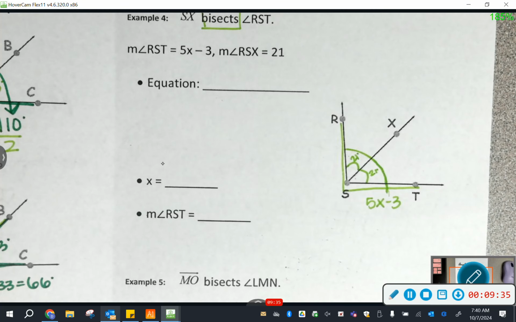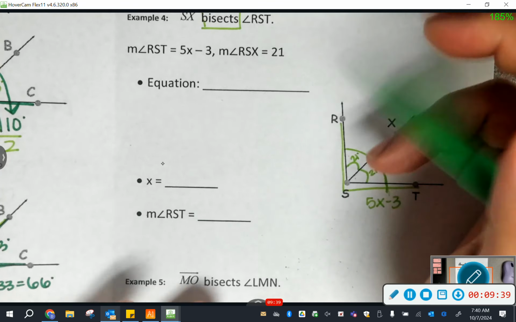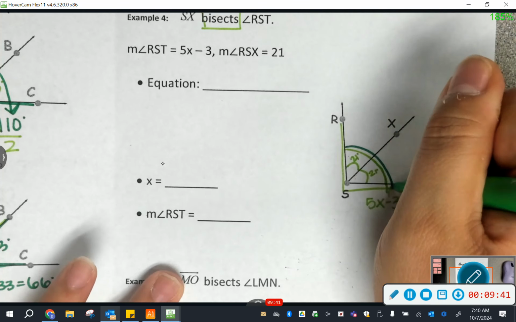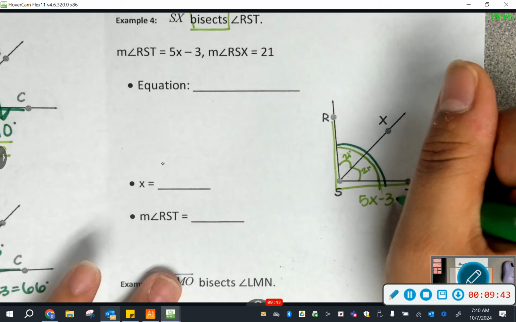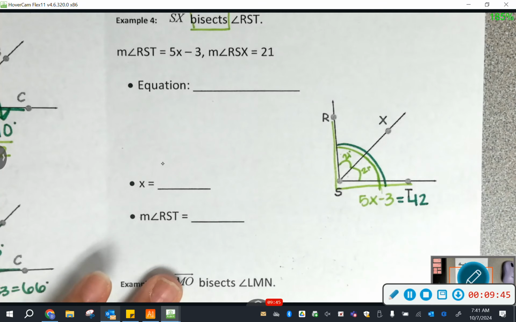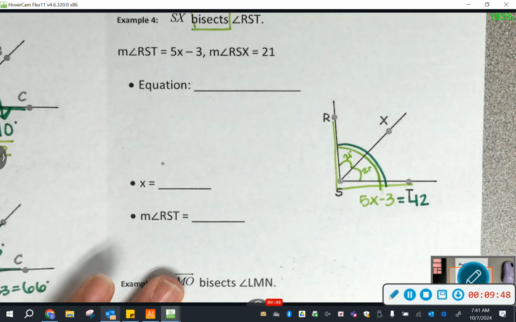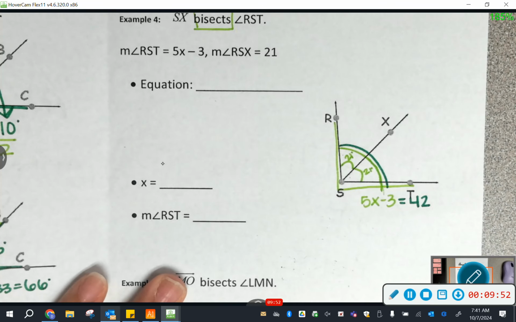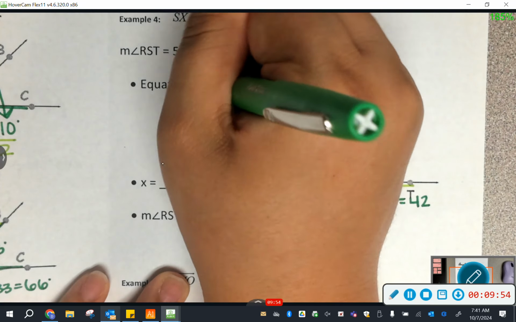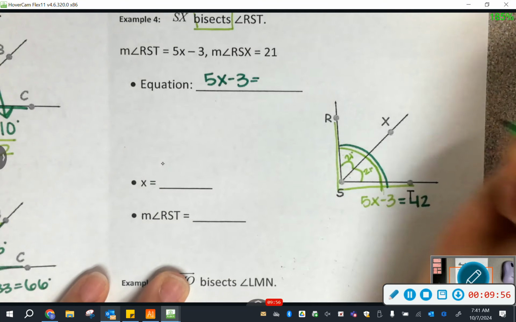So what is the whole thing actually? What is this actually going to add up to? Why is it going to add up to 42? 21 times 2, or 21 plus 21. So what is my equation here? Equals